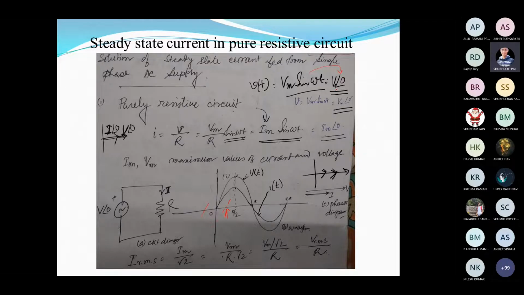And the current expression is also coming like this, using the mathematical derivation. You can get the current value also. So current phasor is also represented by this: RMS value is I RMS with angle 0. So how to represent it in the phasor diagram? If we take it as the reference, theta will be 0, meaning the voltage is pointing in this direction, and the current is also pointing in this direction.